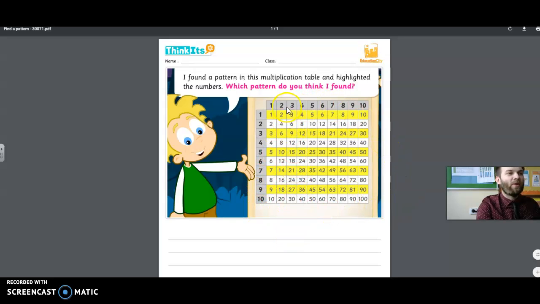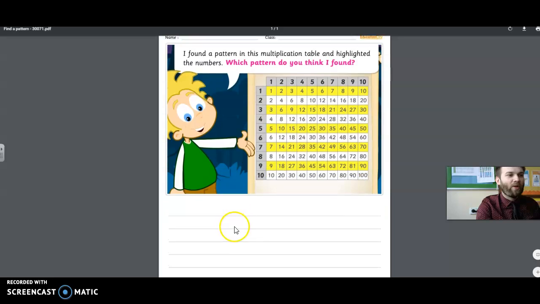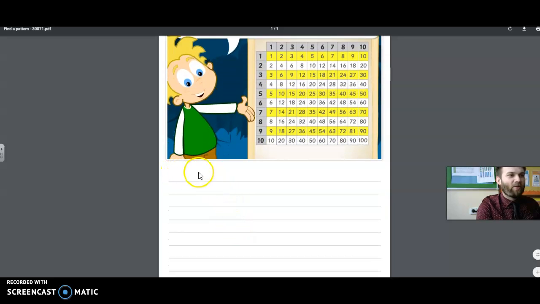and when you think you have an idea for why he highlighted those ones, you need to try and make some sentences here. So it could be, I think the pattern is he is highlighting whatever you think it is, but try to put a reason. I think that because. Now it's not an English lesson, however, you've got lines to write sentences on, and I'm